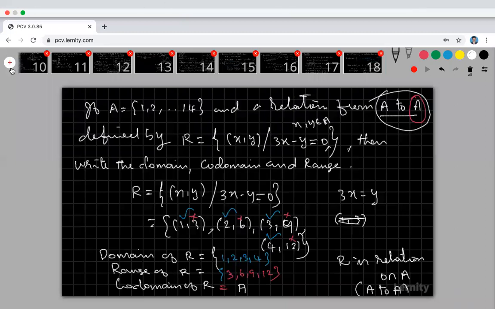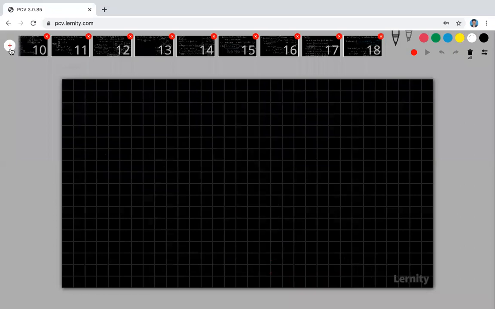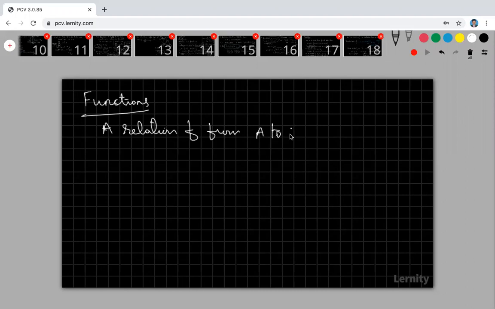Right. Now come to functions. What is a function? A function is a special type of relation. Function is a relation only, but additionally it satisfies one condition. What is the condition, sir? A relation f from A to B is said to be a function